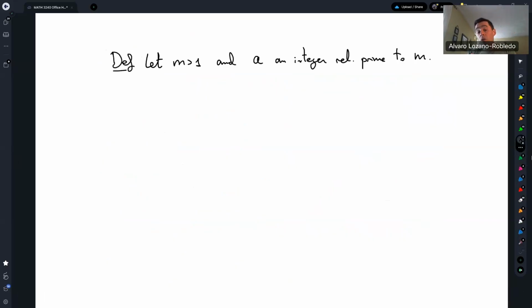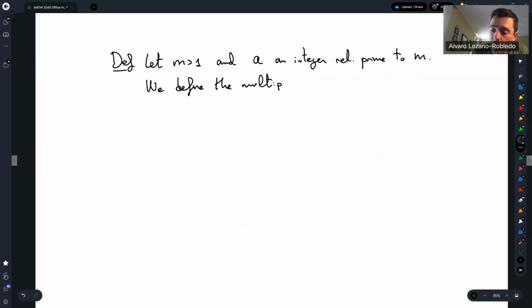Then by Euler's theorem, there is a power of a that gives me 1, and the very first time that happens, that is the order. We define the multiplicative order of a modulo m to be